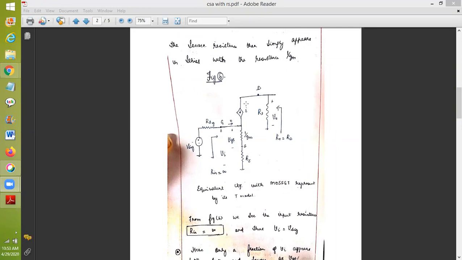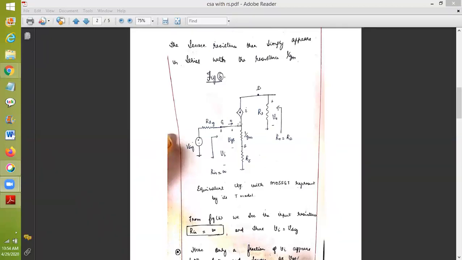So how to represent a T equivalent circuit? First mark gate, drain and source. To the gate, you attach the input voltage with a resistance, and to the drain you show the current source, that is I, and to the source you show one resistance 1 divided by Gm. To that you add a source resistance Rs. Very, very important. I repeat, since we have the source resistance Rs, we go for the T equivalent circuit. If we don't have source resistance, we go for the hybrid pi model.